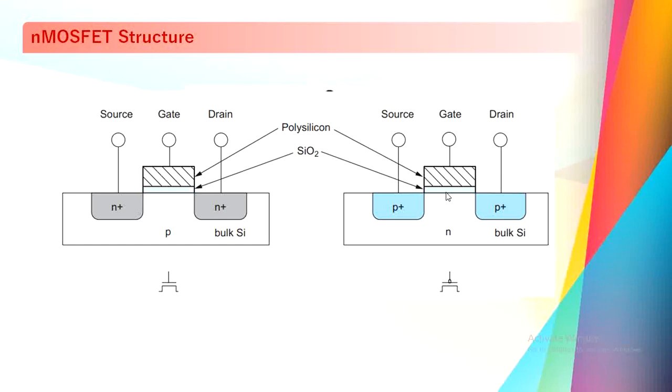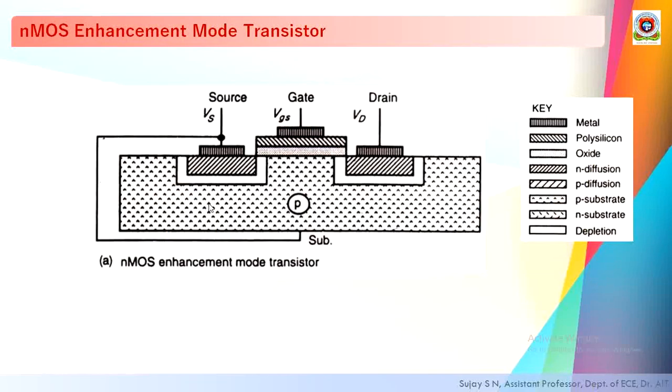The only difference between the N MOSFET and the P MOSFET is in the active regions, meaning the source and drain. If they are P type, created in an N substrate, then it is a PMOS transistor. If two N regions are created in a P substrate, and those two are treated as source and drain, it is called an NMOS FET, N MOSFET or N channel device.